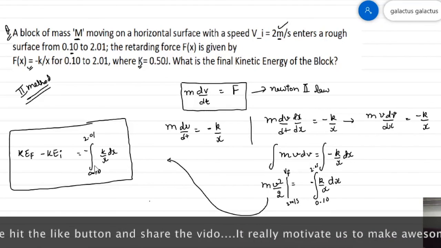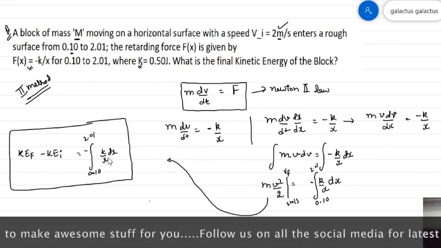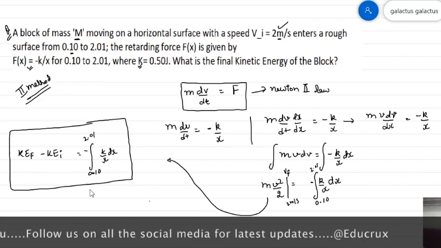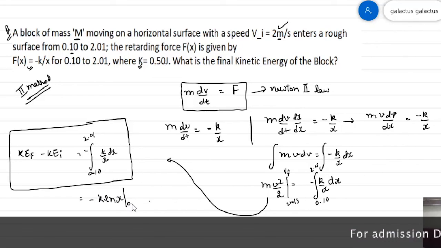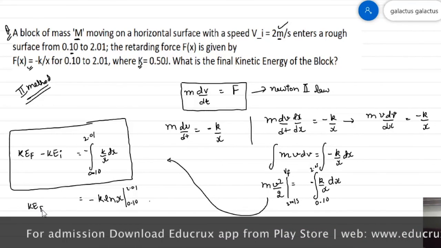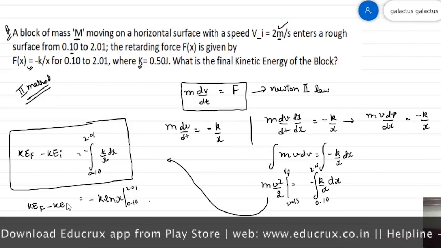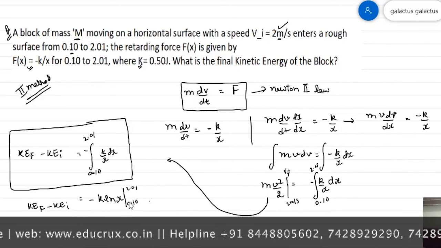So now I can just solve this integration like I did a few minutes ago. By performing the integration, I'll get minus k ln x, integration from 0.10 to 2.01, and this is kinetic energy final, this is kinetic energy initial,